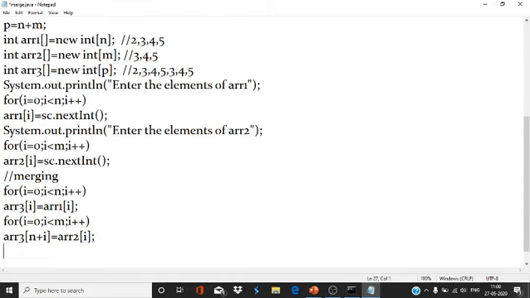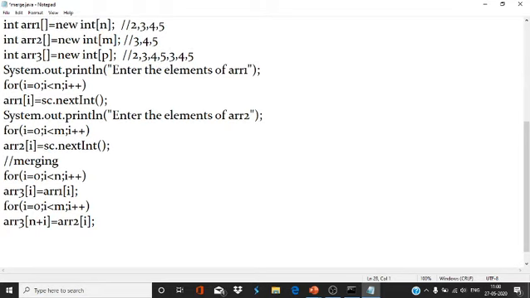Now we have to print the values of the array elements.